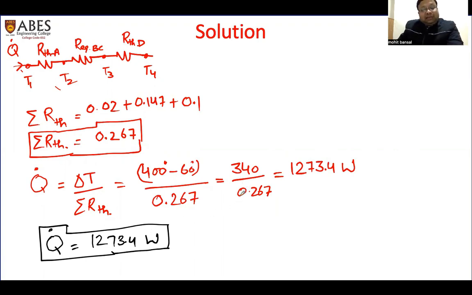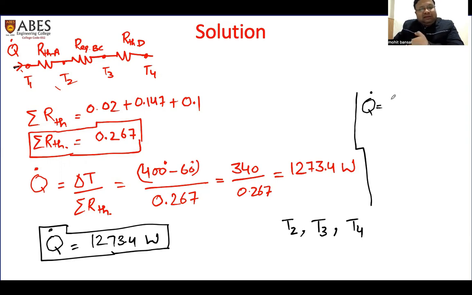In addition to this, we can calculate the temperatures like T2 and T3 in the same manner. And if someone wants to check whether we are moving in the right direction, whether we have taken the right procedure and our values are correct, we can calculate the temperature T4. If we are moving in the right way, T4 will automatically come out to be 60 degrees Celsius. So we can take this relation and apply it across the thermal resistance of A. If someone wants to calculate, you may also try,